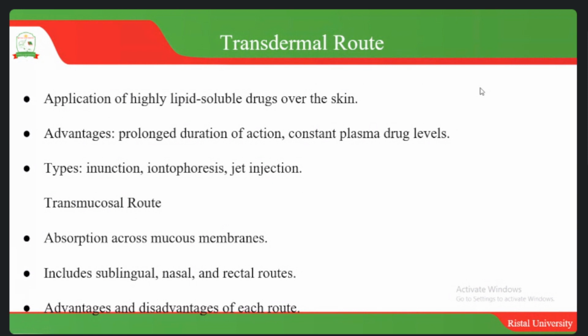For example, nifedipine. Nowadays, nifedipine is not allowed to be given sublingually because it drops the BP suddenly and causes a negative impact to the patient. So when you're administering these drugs, you have to look at what impact it can cause in case I use